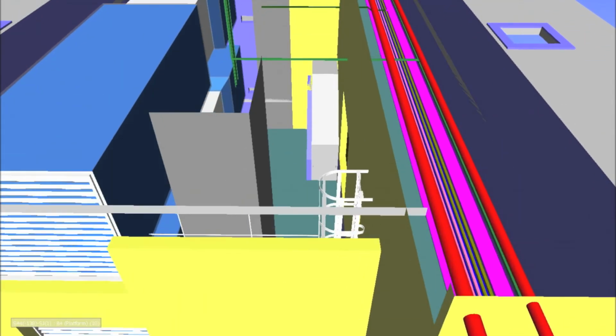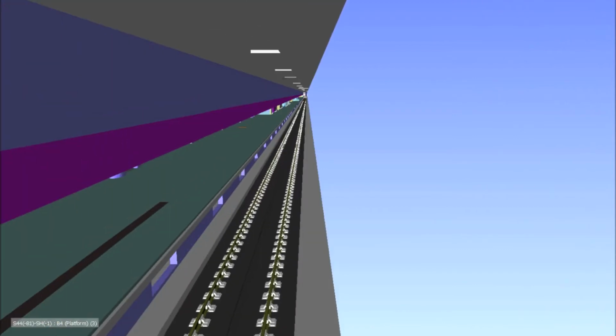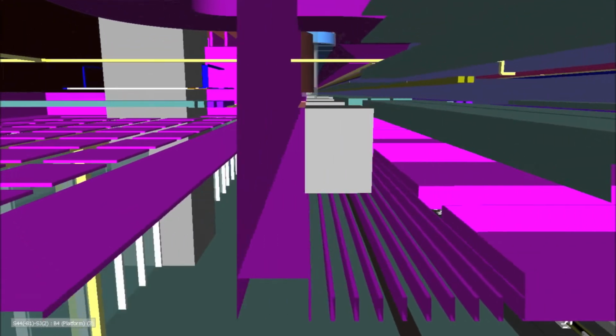So you can see the architecture, you can see the openings, you can see the mechanical ductworks. So here we're looking at the platform level. The guys have modelled the tracks to make it look like a train station. You can look at the ceilings, and then we can look into the ceiling voids. So we can interrogate the ceiling voids. How is the E&M laid out? Is there clashes? Is there